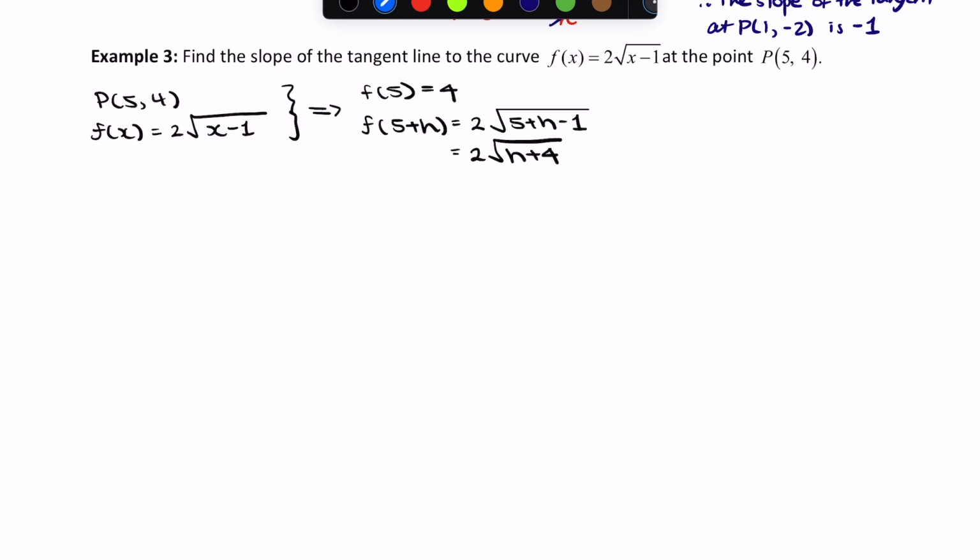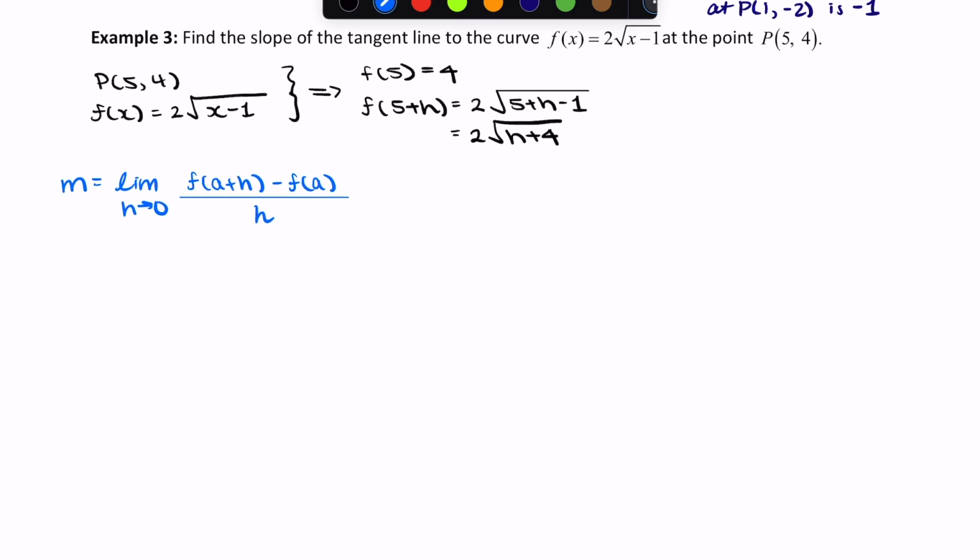So now we can write it to our equation, and we know that slope of the tangent is equal to the limit as h approaches 0, f(a + h) − f(a), all over h. So here, if we rewrite what we found, f(a + h) is equal to 2√(h + 4) minus f(a), which is 4,